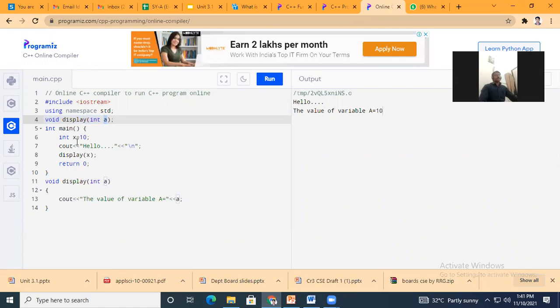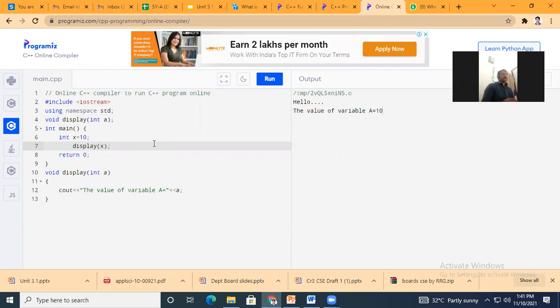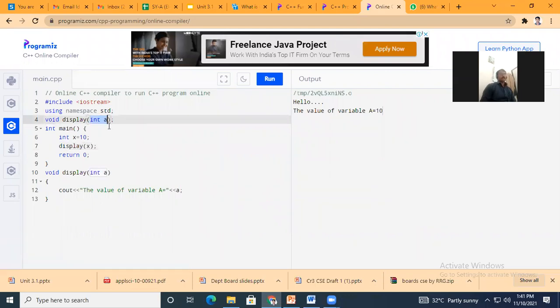Okay. Now, next I will go for the addition program, once you understand this parameterized function. So what I have done here, I have taken one variable x is equal to 10, which is of type integer. Then I have one message here. I will remove that as it is not required for the program. Then I call the function. What is the name of function? That is display, and it has passed one parameter, a single argument, as I passed here the name of variable.